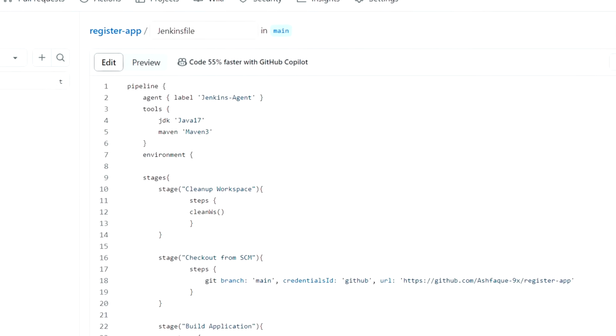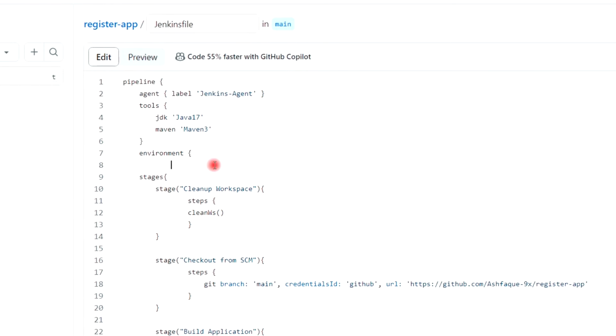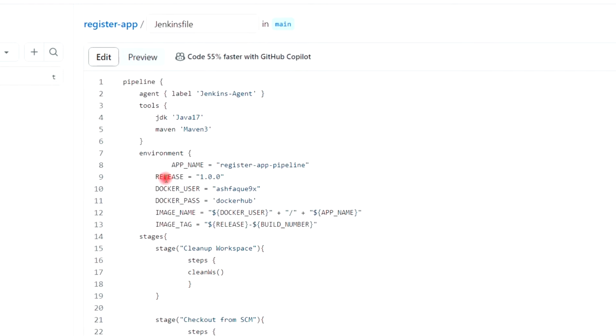So these are the environment variables which I will add here.